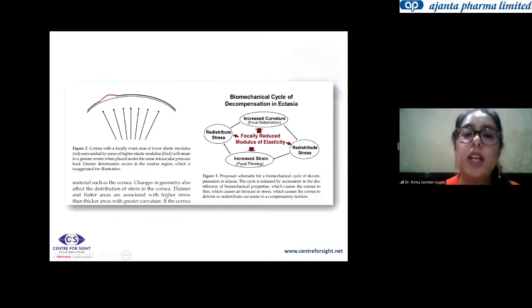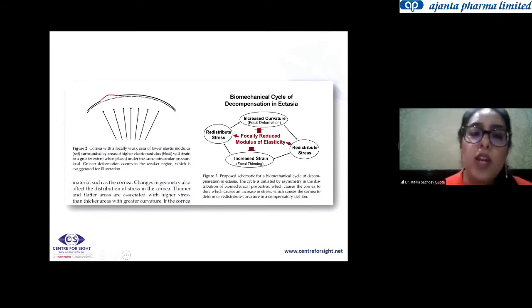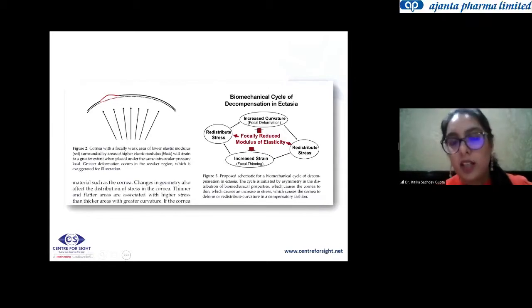This is really a patient of mine which made me believe more in Intacs and over plain cross-linking. And this is a paper which explains what happens. This is a paper by Dr. Cynthia Roberts, which basically says that ectasia is basically a vicious circle. Where you have a thinner cornea, there'll be more biomechanical stress, and that thinner cornea will become more ectatic. And as it becomes ectatic, it becomes thinner, and therefore you have a vicious circle of biomechanical stress propagating the